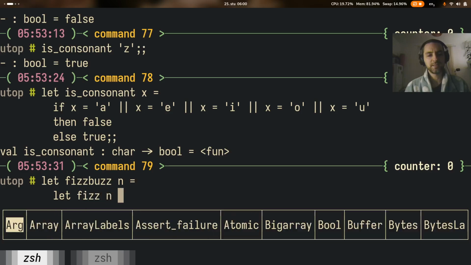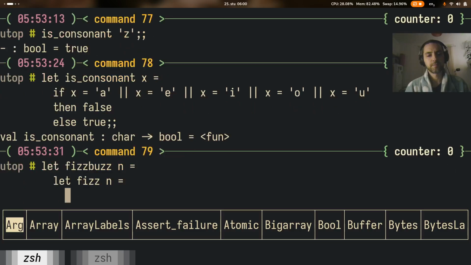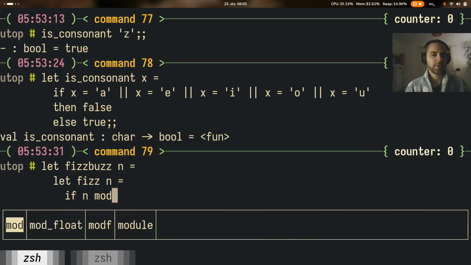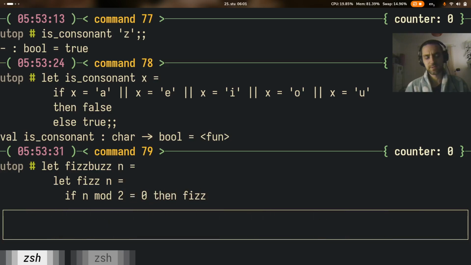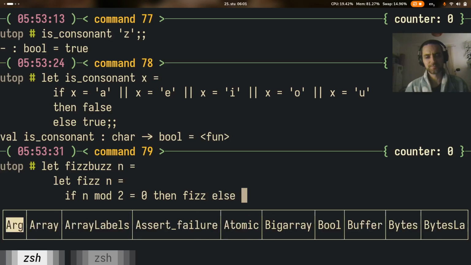Let fizz n equals, if n equals n mod 2, if n mod 2 equals 0, then fizz. So if n is even, then fizz, right? Else,